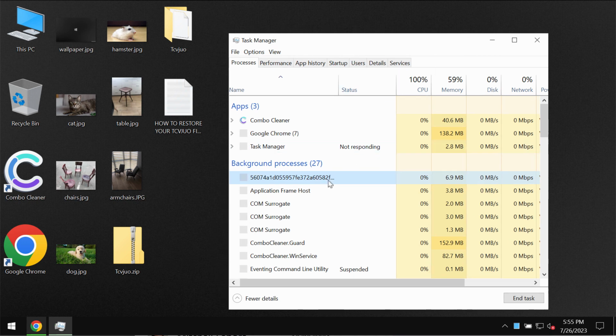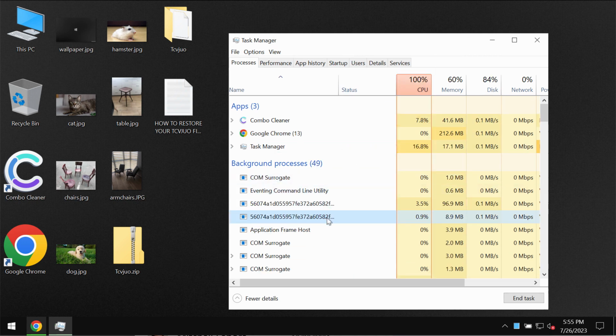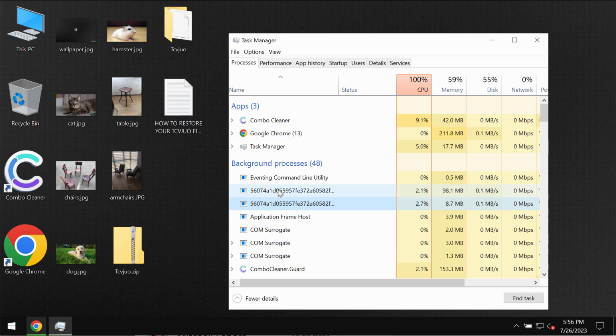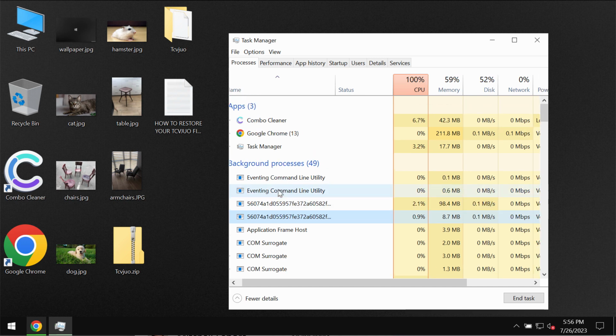And by the way, a good recommendation is that you right click on that process and terminate it or end its task. This could help you prevent the ransomware encryption ahead of time, but very often it is too late and the ransomware may fulfill its